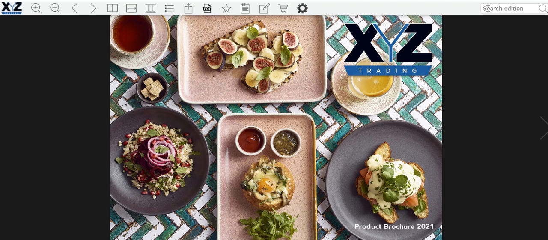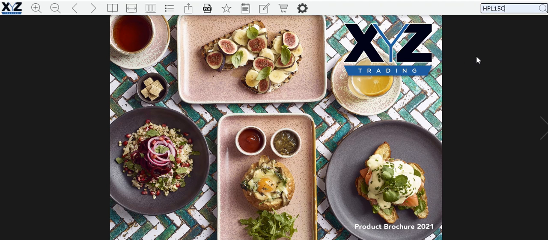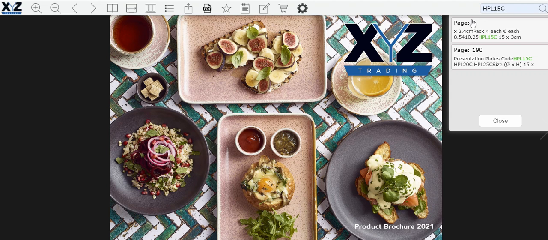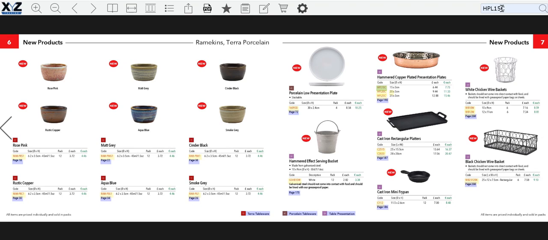So finally, to the top right side of the bar, within here you can enter text and you can either search for a particular product code if you have that to hand, or a word. So for example, I'd like to search for a product code. I click on the search here, and it brings up the pages that that product code is on. So for example, I click here, and it takes me directly to the new product, which is the hammered copper plated presentation plate. Say for example, I'd like to just search for